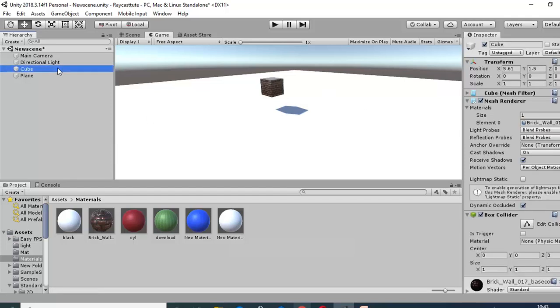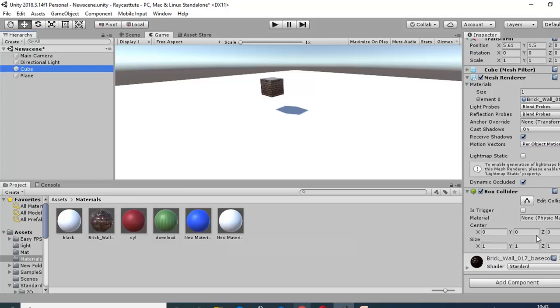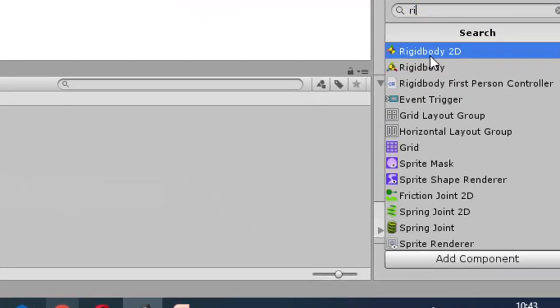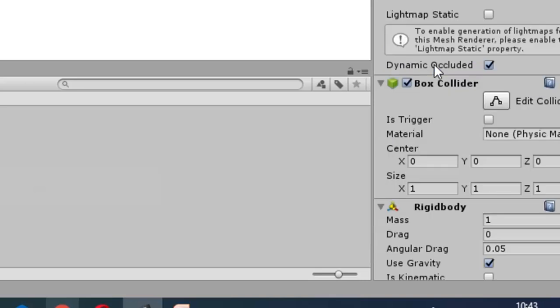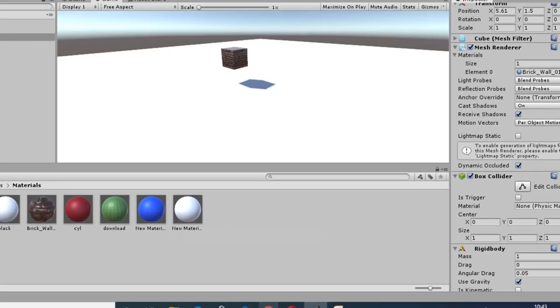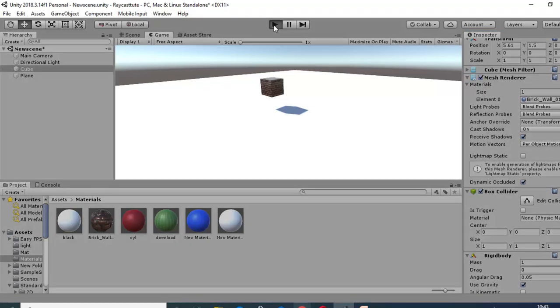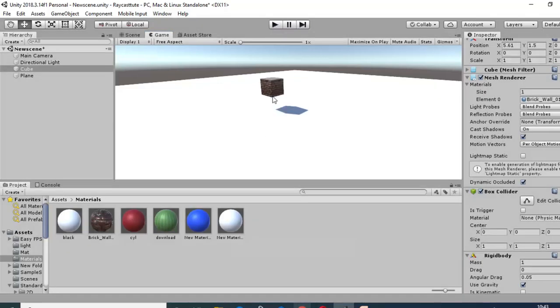Now suppose I am adding a component, that is physics, oh sorry, Rigidbody, to this cube. Now if I run this, we can see that due to the Rigidbody this cube is falling down.